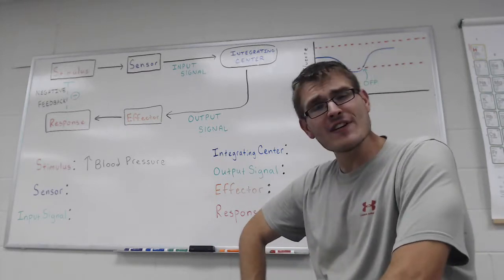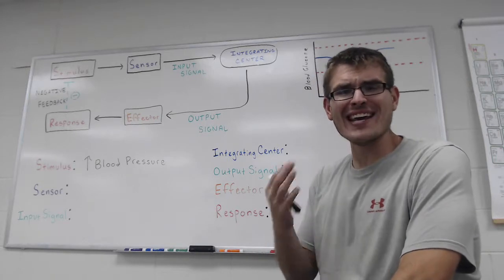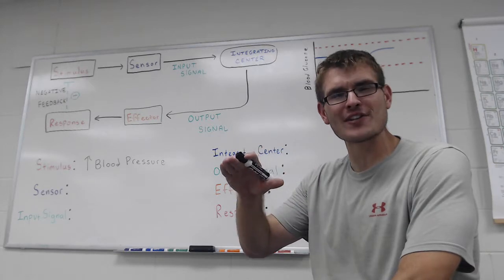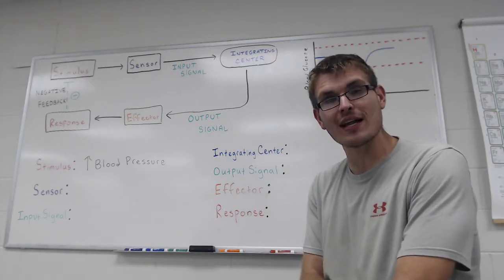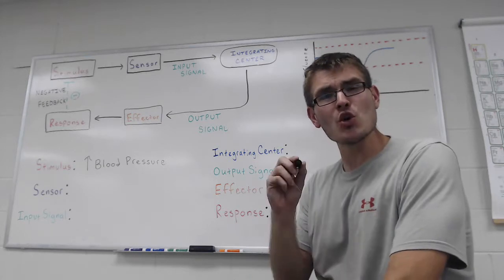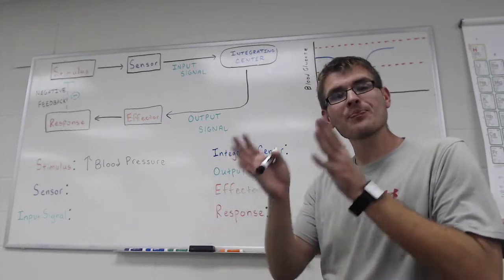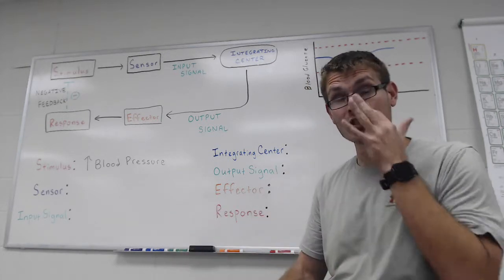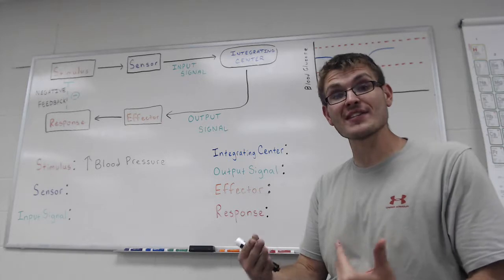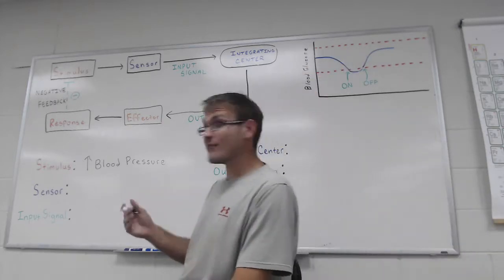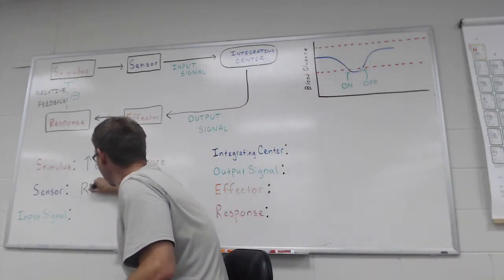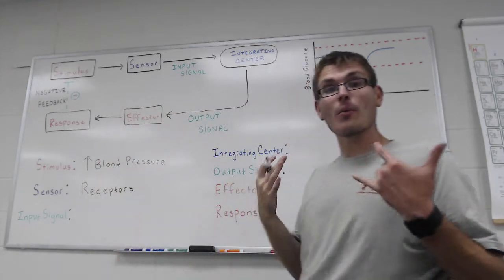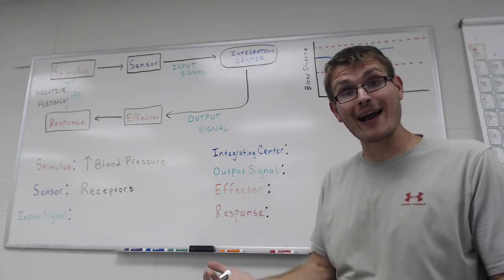Physiologically speaking, what a sensor actually is is a little bit complicated, especially because this is usually the very first thing that is introduced in a physiology class. So we're not going to go into too much detail right now, but we will cover eventually, as we move through our study of human physiology, what the sensor actually is. But for now, it's enough to know that your sensor is going to be receptors that exist on, let's call them sensory cells for right now.